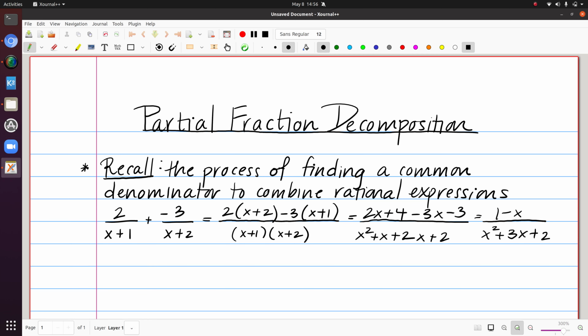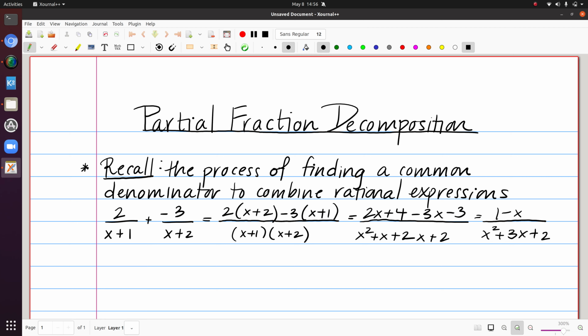For the integration technique, partial fraction decomposition, instead of recalling a differentiation rule, I want to actually go back to the process of finding a common denominator in order to combine rational expressions. So you'll see here I put up 2 over x plus 1 plus negative 3 over x plus 2. If I wanted to combine that into just one single expression, then we could get a common denominator by multiplying